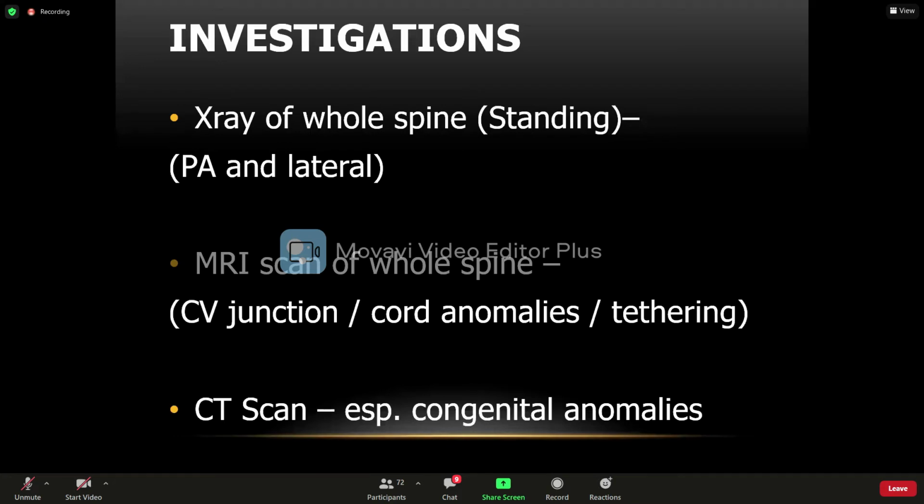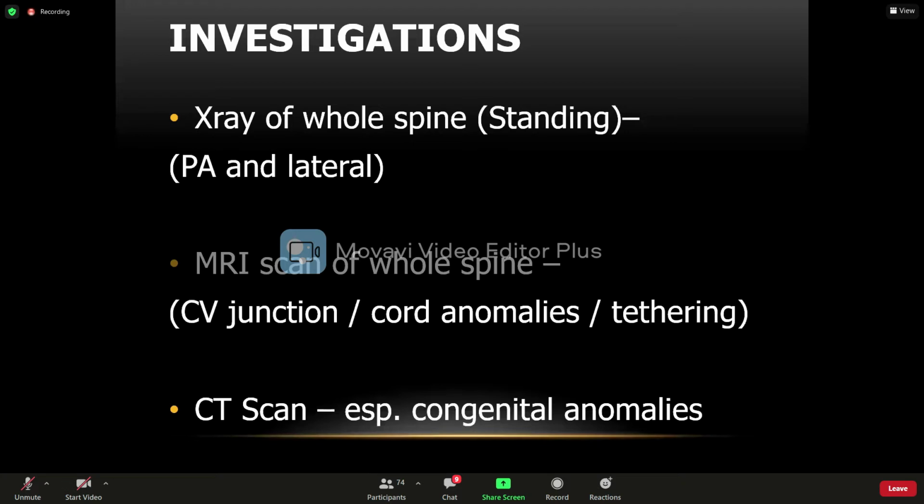If you do not have access to standing X-rays, please send them to a center that does standing X-rays of the whole spine. So that includes the head and the pelvis. As general practitioners, it's not necessary to get any more tests done other than an X-ray. And if there is a bend in the spine, then you just refer them on to somebody who treats scoliosis. Not all neurosurgeons and not all orthopedic surgeons treat scoliosis. Scoliosis surgeries and scoliosis management are carried out by only a few people.